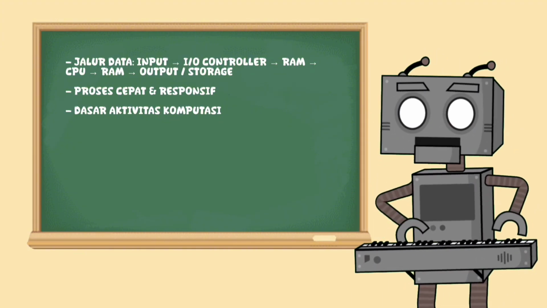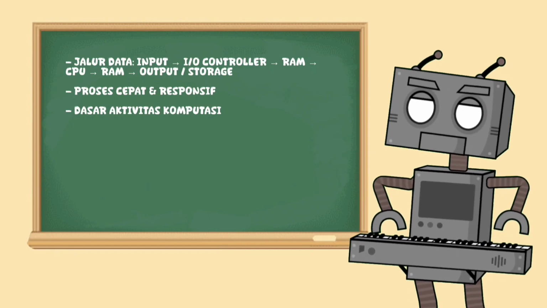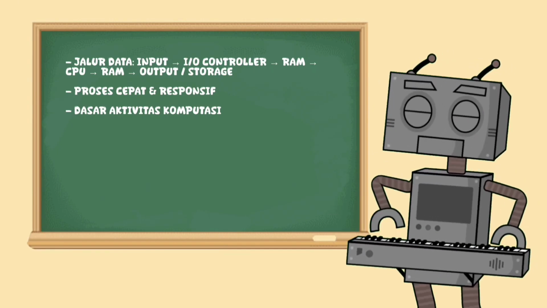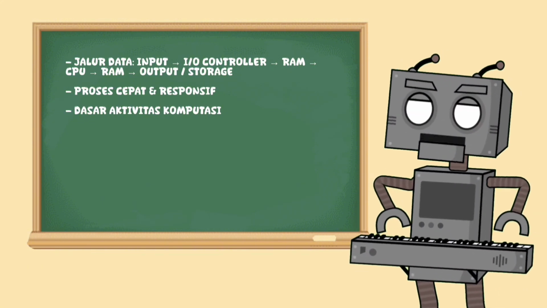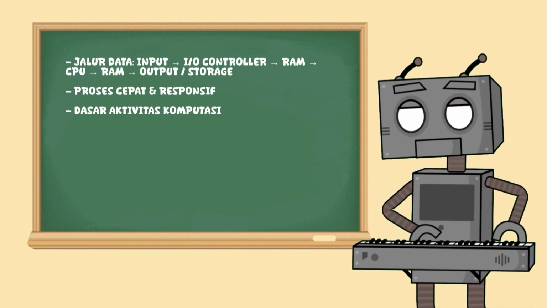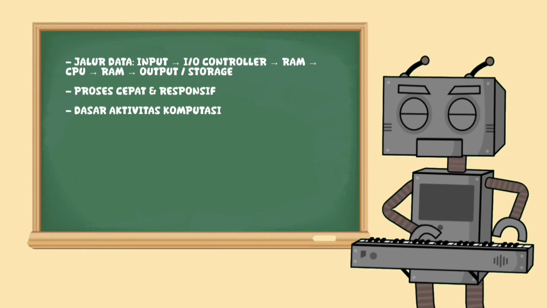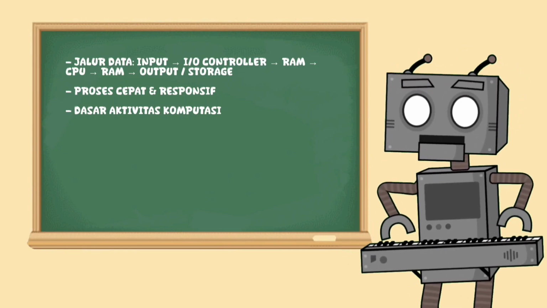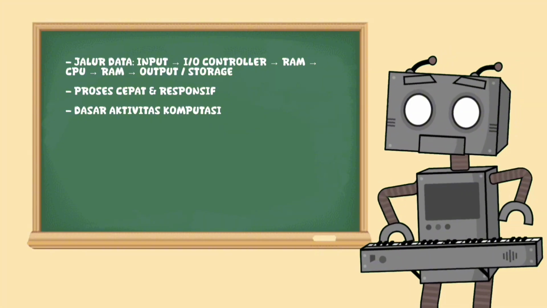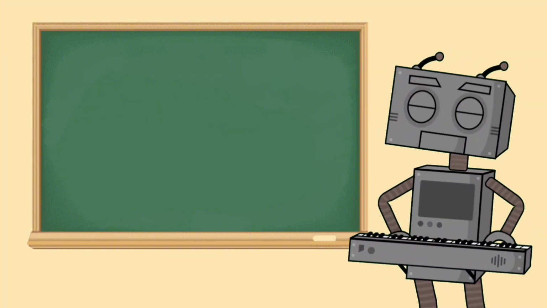Thus, the journey of data in a computer takes place through the following path: input to I/O controller, to RAM, to CPU, to RAM again, to output or storage. Although the process seems long, all these steps take place very quickly, so that